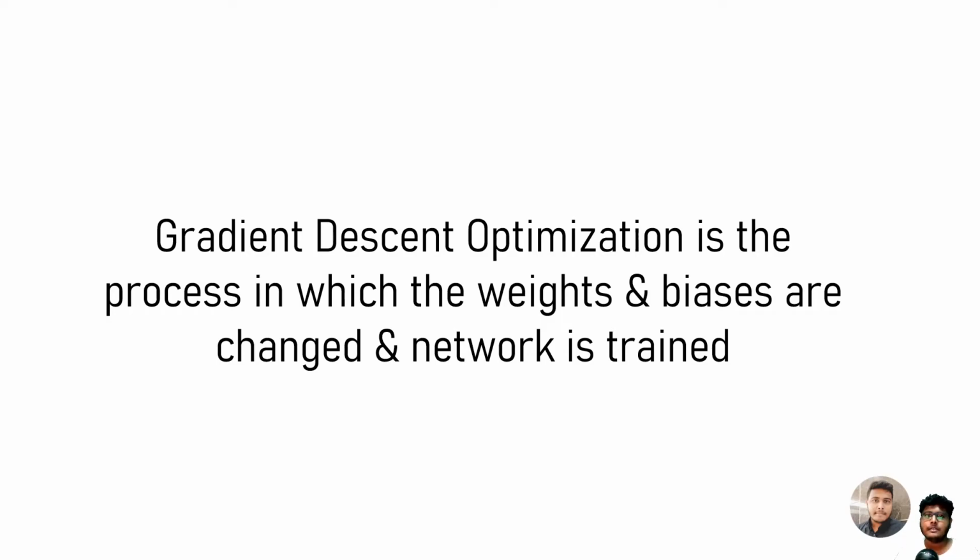Now if you read this, you will have one question, because in the very first section I said that back propagation is actually the process in which this entire thing happens, right? But to be honest, at that time I just wanted to make things really simple, so I said that the entire process in which the weights, biases and all these things are changed and you have a properly trained neural network, all that is called back propagation. Well, that is not actually the case. There are actually two steps once you pass through the neural network.